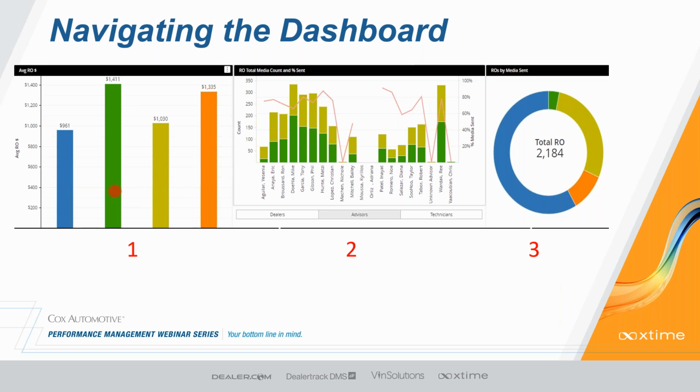When we're looking at this section here, it's going to be section 1. We do the same thing for the ASR report, right? But we're giving you average dollars per RO. Now you could be in a situation where you used enhanced media 30% of the time, 50% of the time, or even in some cases, 90% of the time. So if we take into account maybe 90%, then this may not make much sense, right? Because we're talking about this blue section here of not using video, and we're getting $961 per RO. But this is only 10% of your